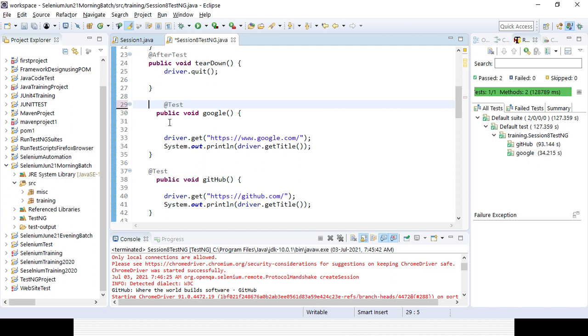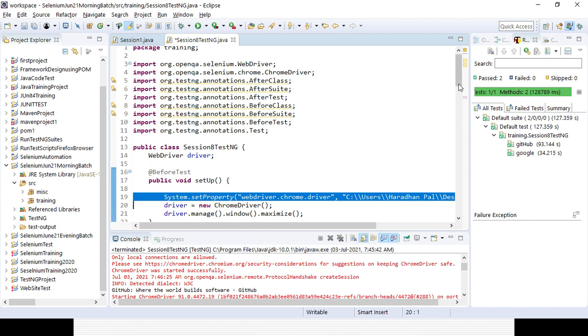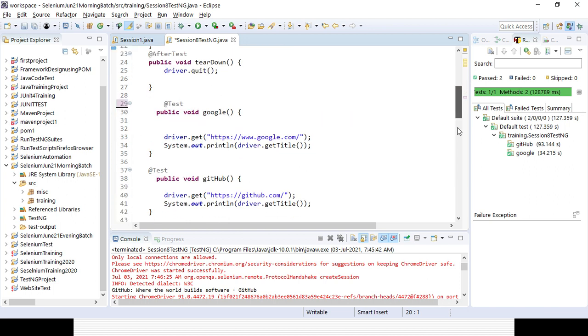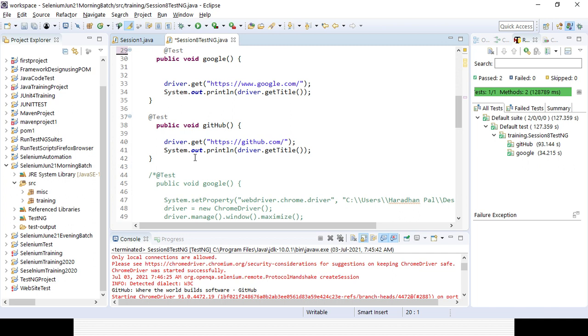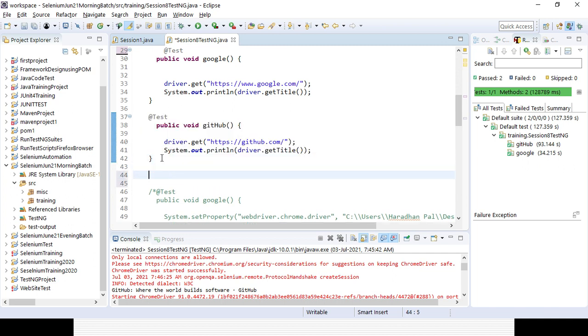Suppose instead of Chrome driver, you want to run with Gecko driver or IE driver, you can simply change it in the setup method. You no need to write the same lines of code in other test cases. And if you want to add one more test case, suppose Facebook, I'll be adding only one more test case here.